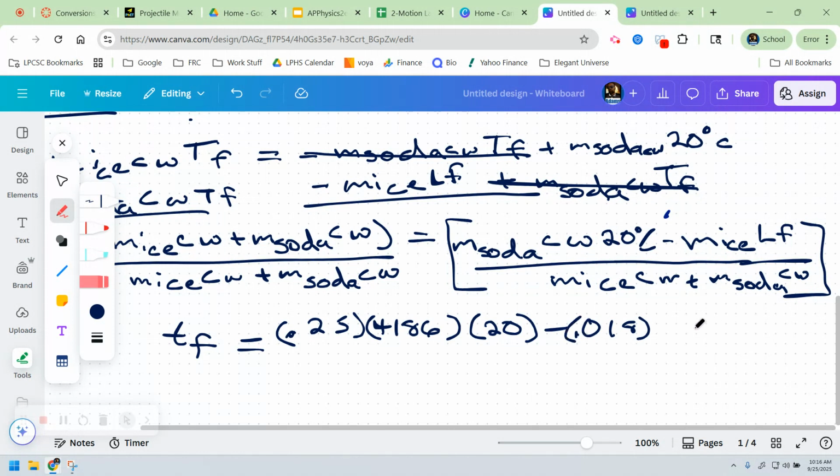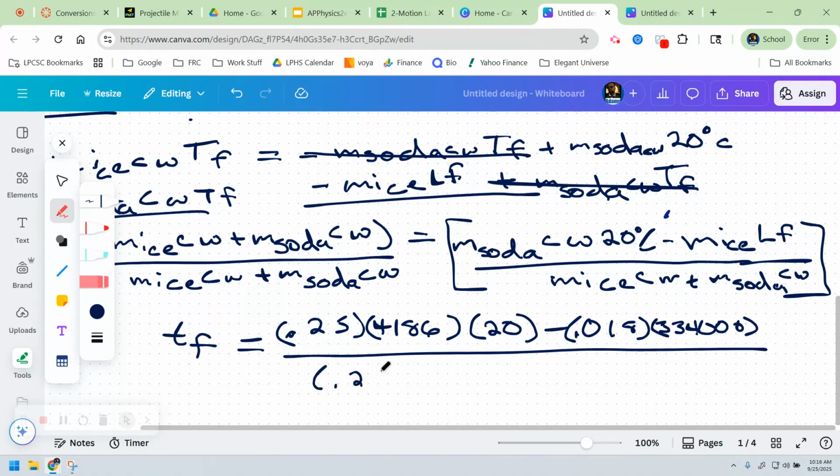kilograms times the latent heat for freezing for ice, which is 334,000. Okay. And then on the bottom, I would have 0.25 times,